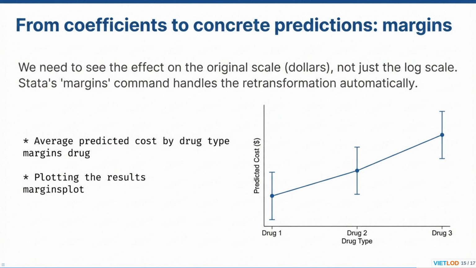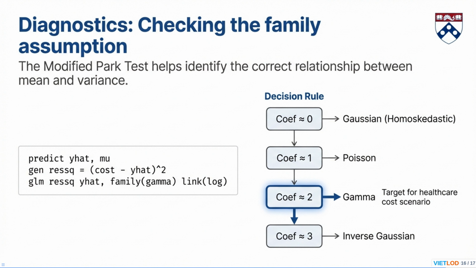While the percentage changes derived from our log-link model coefficients are informative, stakeholders often require predictions in the original units, such as actual dollars. This is where Stata's margins command becomes invaluable. It automatically handles the retransformation, taking our log-scale coefficients and converting them back to meaningful dollar value predictions. By simply running margins drug, we can calculate the average predicted cost for each drug type, holding other variables at